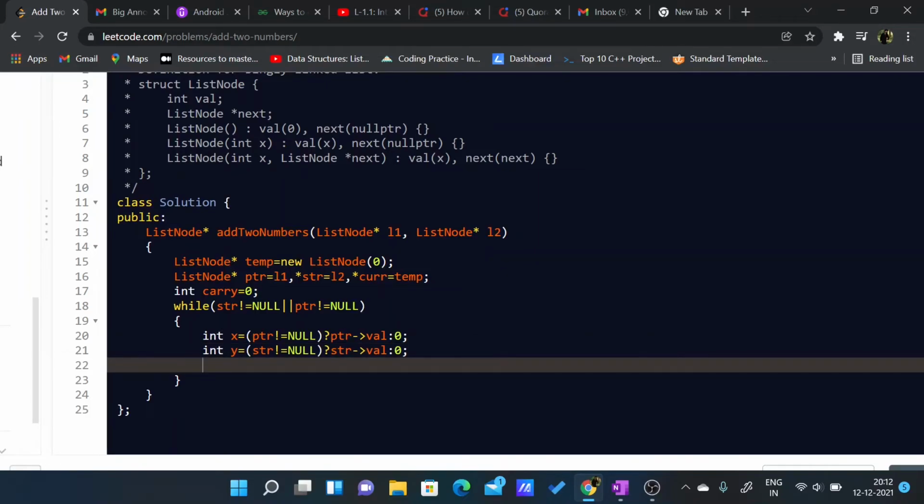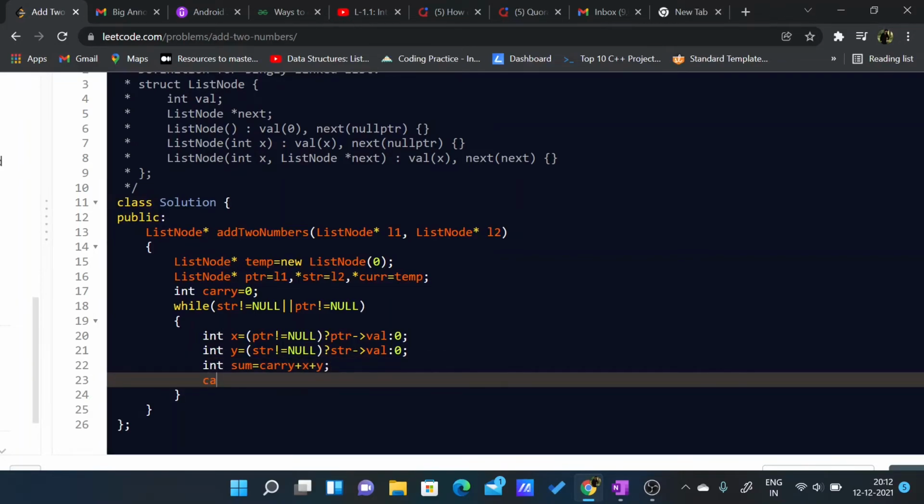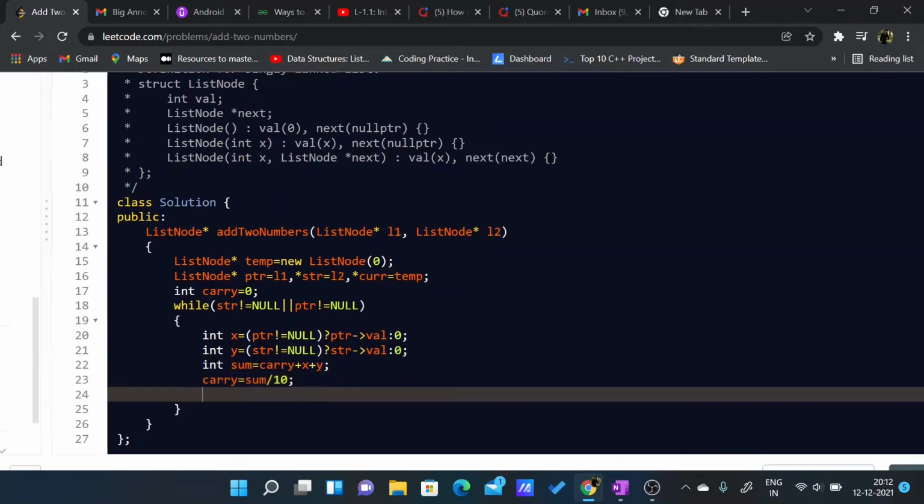Then my sum will be sum is equal to carry plus x plus y. First time the carry is going to be 0, so now the carry will be sum divided by 10, and